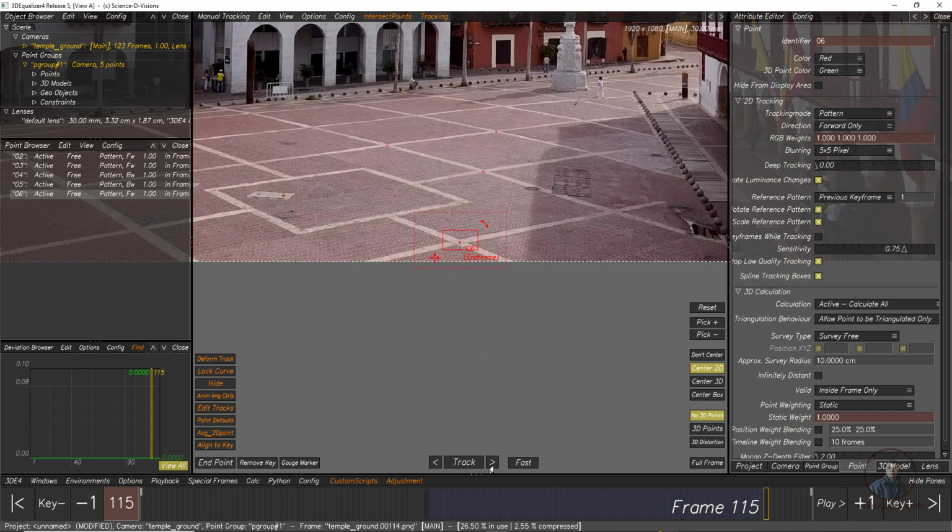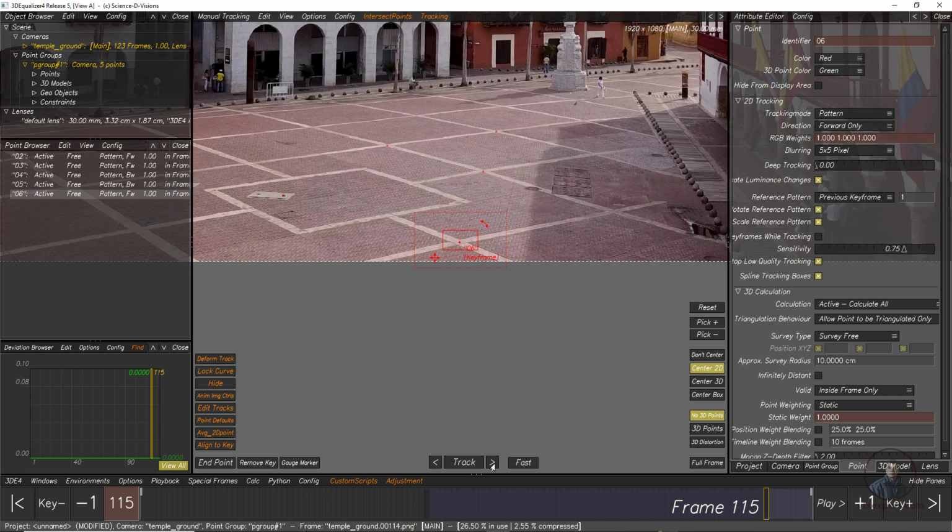We can even track frame by frame, because this point is going outside our frame. Now I have adjusted this one. After this, you will see it's showing end frame, which means you can't track this tracker. So again we have to click on this endpoint. Remember this, it is one of the most important things in 3D Equalizer. Enable this one, and once you get this keyframe, only then can you track.